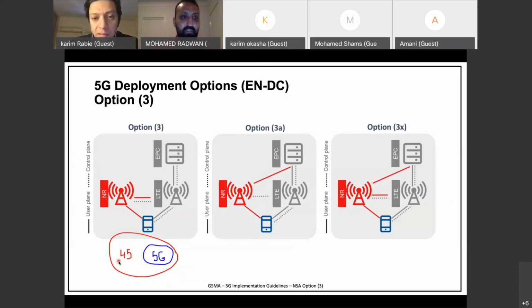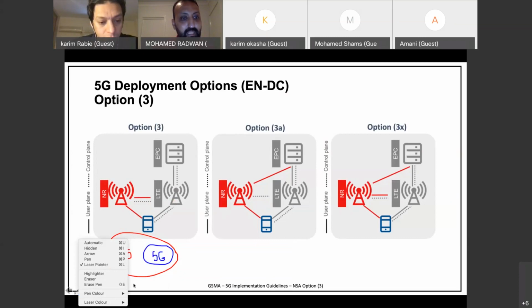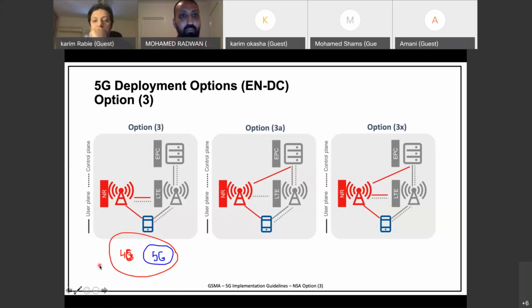So what is the difference between 3 and 3A and 3X? So I want to comment here, Karim, also again. I believe the drawing you just did makes complete sense from a business perspective. I remember in the first session we talked about what we call monetization, or how to justify spending this huge amount of money to build all this new radio and 5G. So maybe it doesn't make sense, and the business return on investment will not be appealing for rural areas, for small cities. So I believe this also happened in 4G, in early 2010, 2011, and so on.